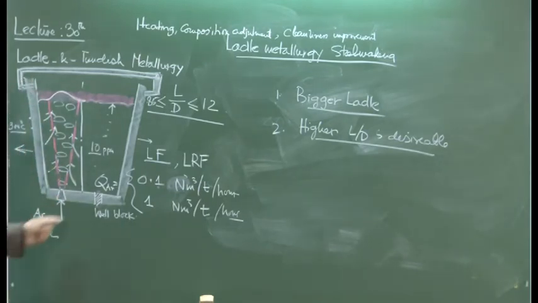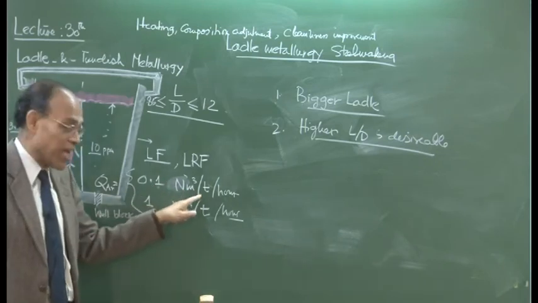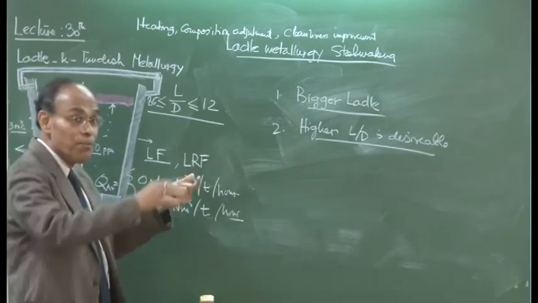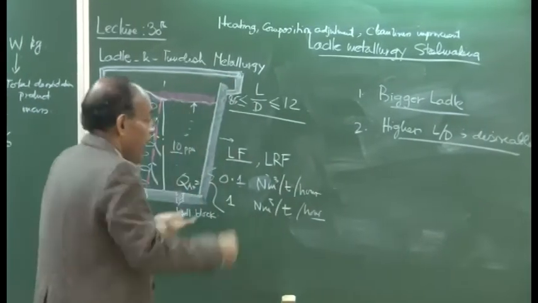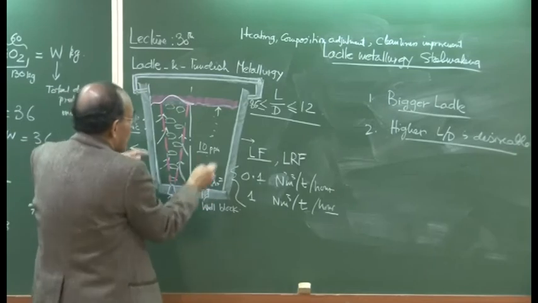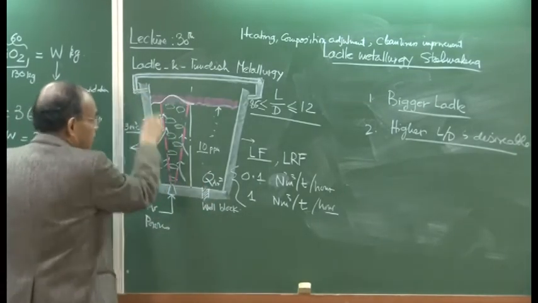So, if you use the same specific gas consumption rate in normal meter cube in 2 different vessels, you will find out the bigger the ladle, the more efficient is the stirring, and the higher the L by D ratio, the more is the stirring. And L, the liquid depth being higher, essentially implies that because it is a potential energy driven system,